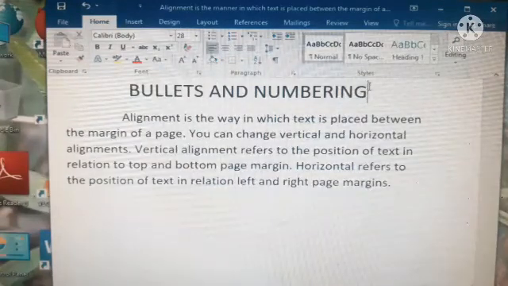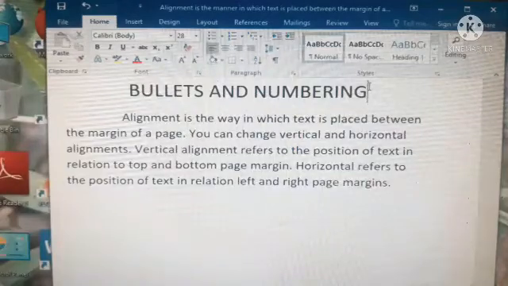Bullets and numbering is useful in the Word document if you want to list some points or information. So if you are going to write some names, you will use numbers 1, 2, 3, or otherwise you will use some dots.